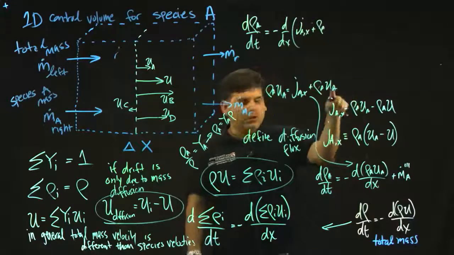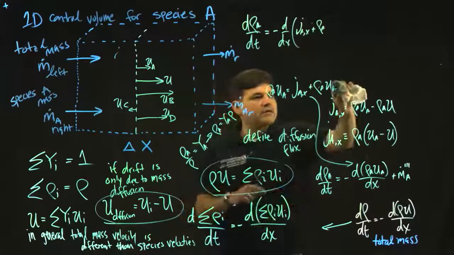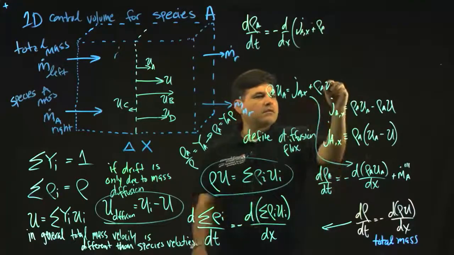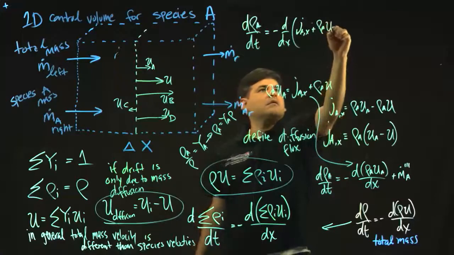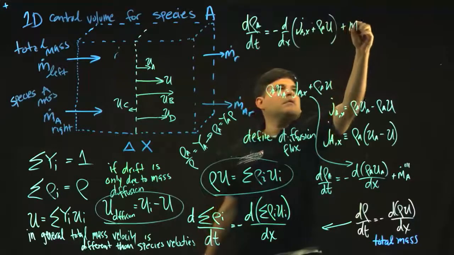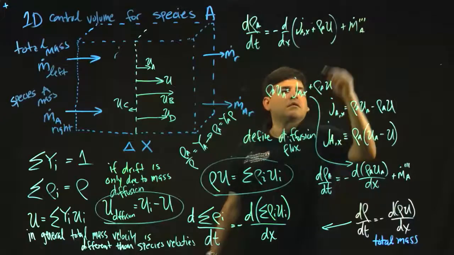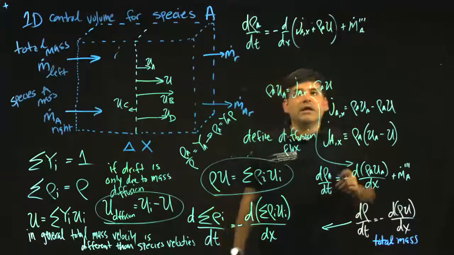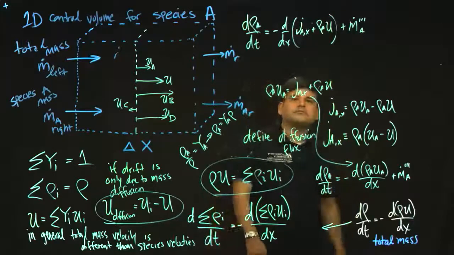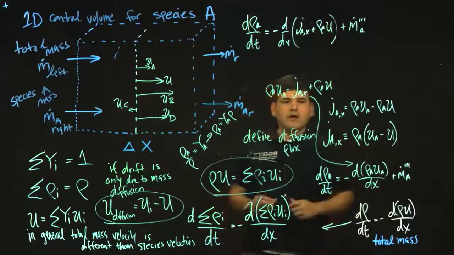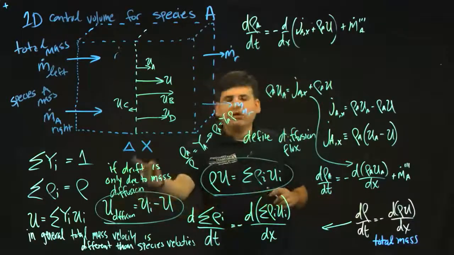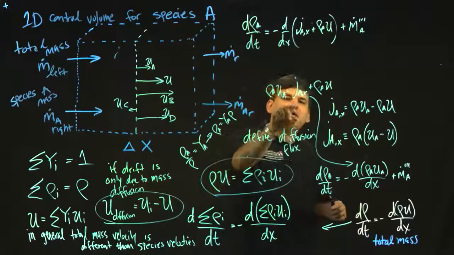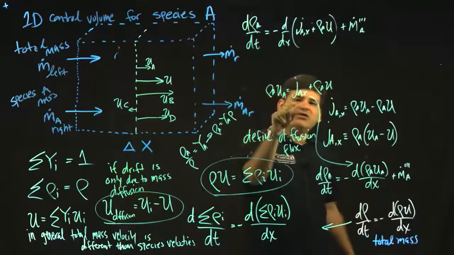Oh wait, this should be bulk. This A does not belong here. And so if we're saying this is only due to diffusion flux, we know a semi-empirical relationship that Fick found for